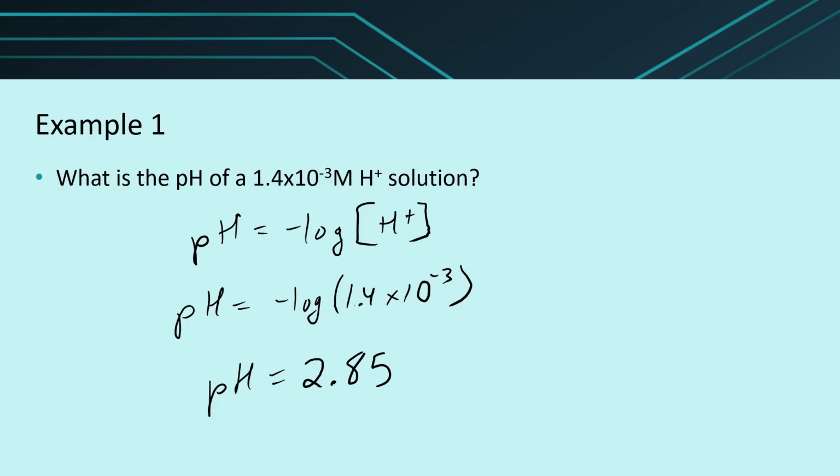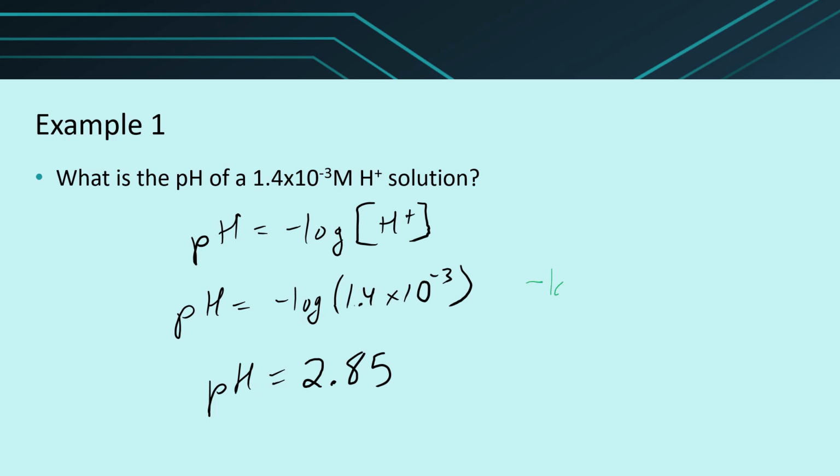So let's look at several examples here. It says, what is the pH of a 1.4 times 10 to the negative 3 molar H plus solution? So this is a concentration of hydrogen ions. The formula there is negative log of the H plus concentration will give me pH. So in your calculator, you will literally type in negative and press the log button. Some calculators will give you the parentheses automatically, some of them don't. But most of the calculators I have in my class are going to be,